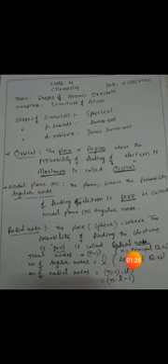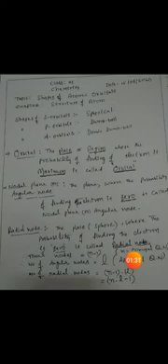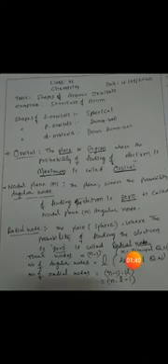And what about nodal plane? Nodal plane or angular node. The plane where the probability of finding of electron is 0 is called nodal plane or angular node. See, these both are opposite. Orbital and angular node both are opposite. In case of orbital, where the probability of finding of electron is maximum, that is orbital. In case of angular node or nodal plane, the plane where the probability of finding of electron is 0 is called nodal plane. Both are exactly opposite.